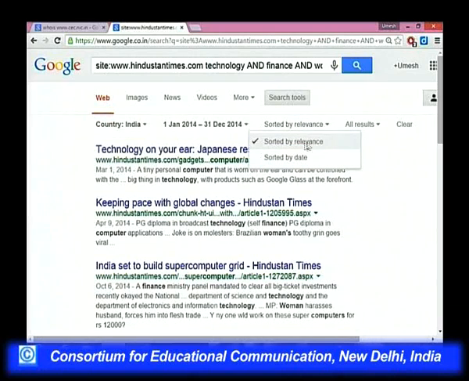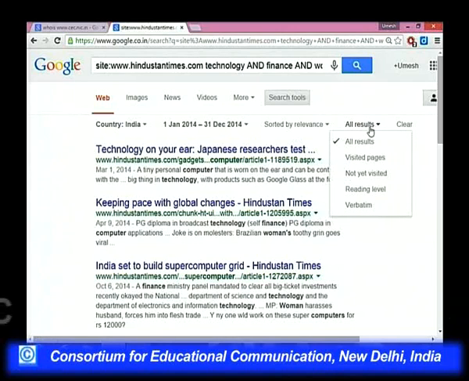And you can decide the relevance also: sort by date, again all results, visited pages, reading level, verbatim. Now, this is very important. What is reading level? Google has built-in algorithms which tell you that this document's reading level is medium, this document's reading level is very difficult, and this one is very simple.